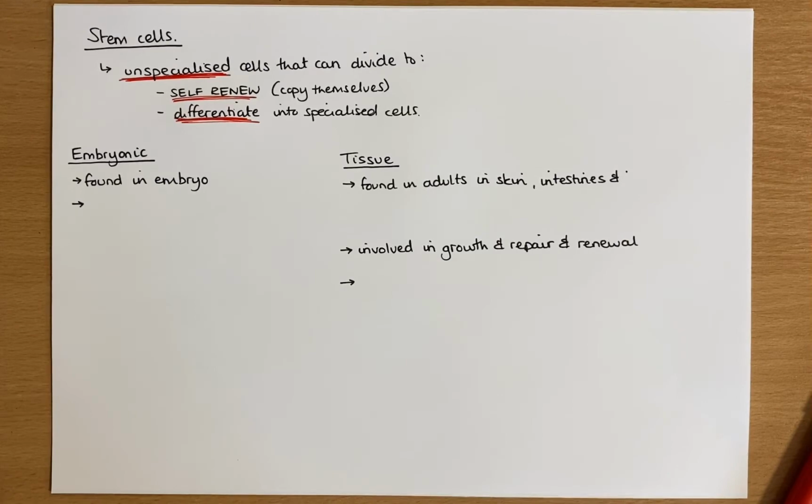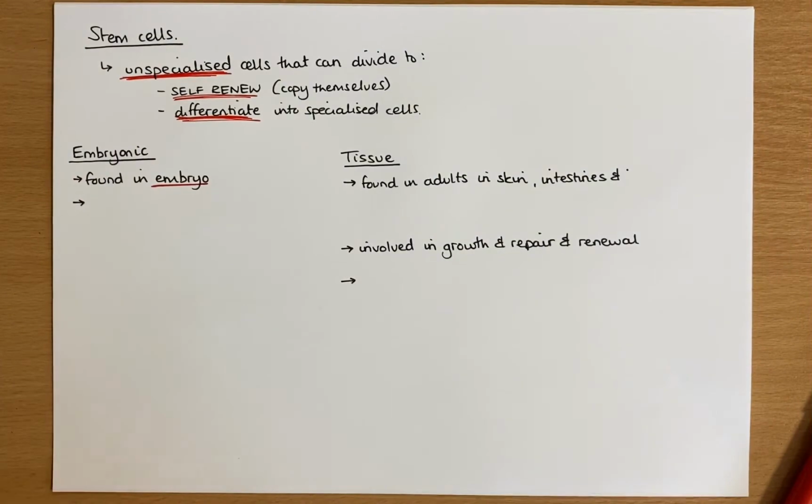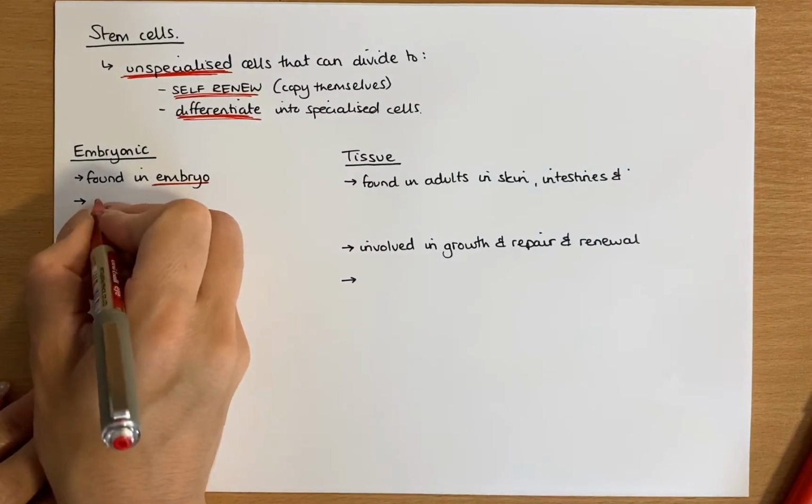Right, so there are two different types of stem cell mainly. There are technically a little bit more than that, but we'll only focus on the two main types that you should know for higher. Now, one of those is embryonic stem cells, and they're found in the embryo. That bundle of cells we talked about at the end of fertilisation that's produced after a zygote will divide by mitosis and form a ball of cells. Now, these embryonic stem cells are what is referred to as